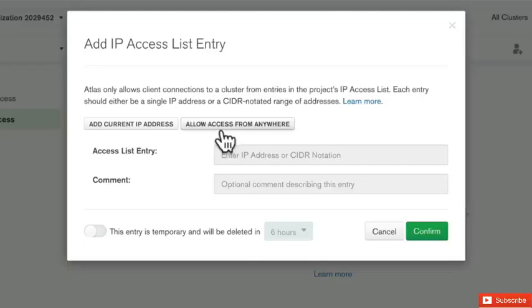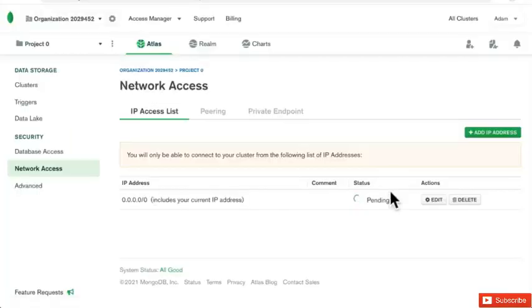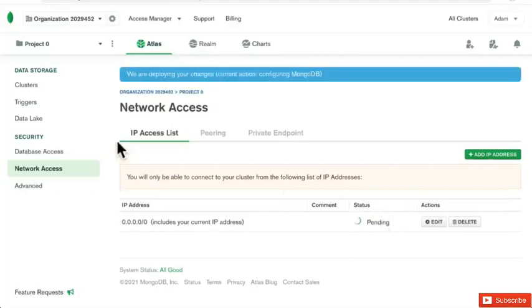So for now, I'll select Allow Access from Anywhere, which corresponds to this 0.0 access list entry here. And I'll confirm that, which means that with our user that we just created, we can access our database as soon as these changes